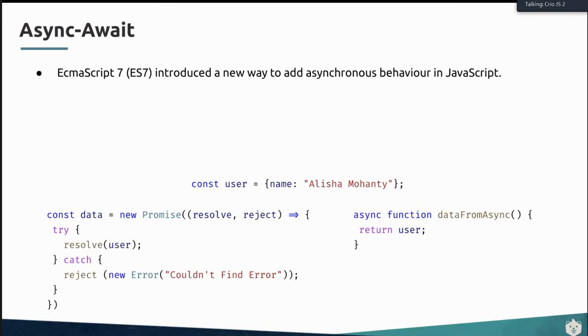Okay, so let me do a quick recap of what we did in the previous session regarding async and await. So async and await is a new way to add asynchronous behavior in JavaScript. Earlier we used promises, right? So instead of using promises, we will be using async await. Now what async does, when we add async,